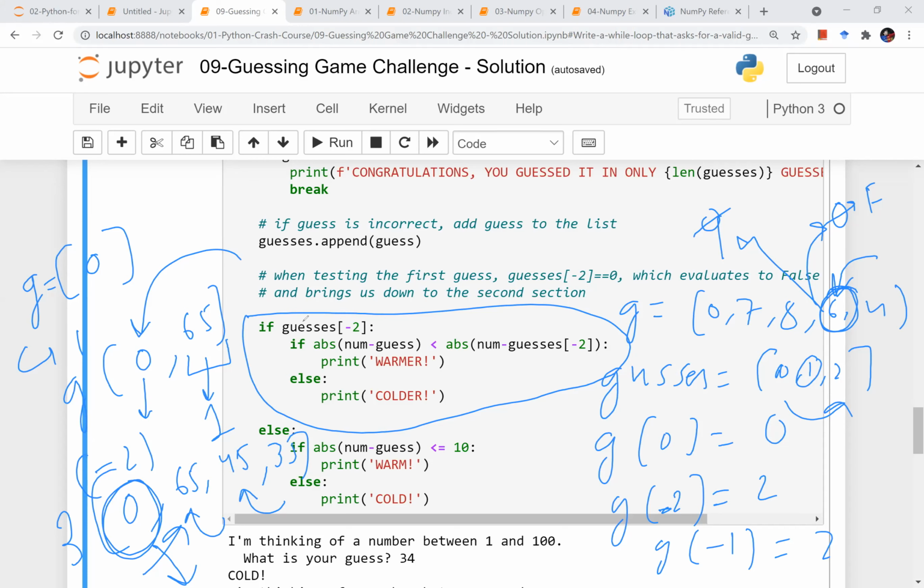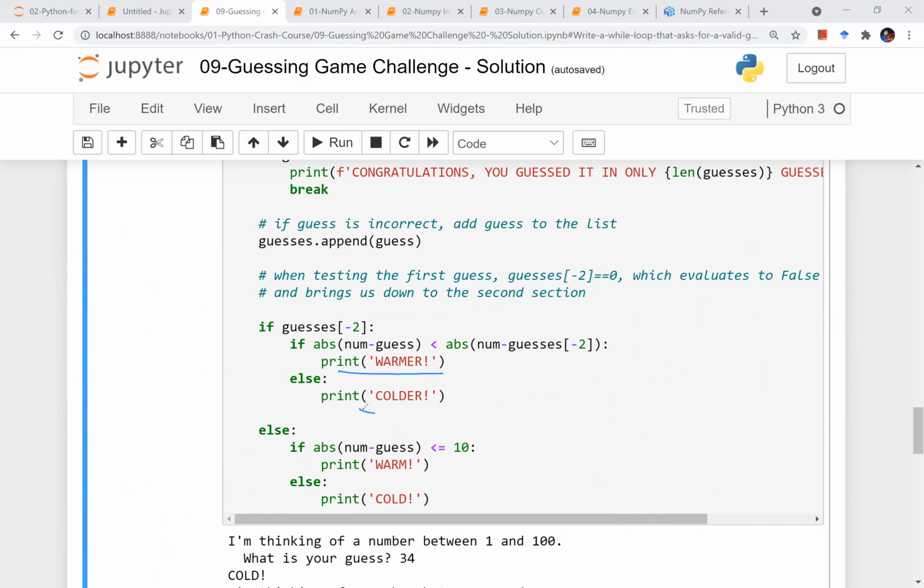So if it is the first guess of the user, and if the absolute of number minus guess is less than number minus guess[-2], print warmer, otherwise print colder. Let me just clear it all. Now what is the logic to print warmer and colder? Say the present guess is 65 and my number is 40.